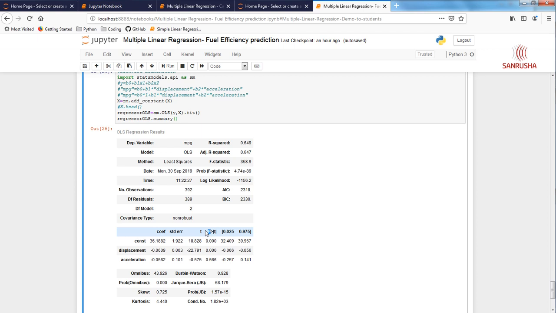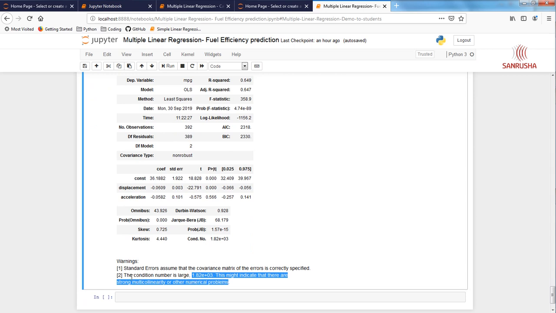If you want to understand what is p, what is null hypothesis, and how does p work, you can go through that. But for now, understand that for any of the features, this one here, P greater than t, should not be more than 0.05. If it is more than 0.05, which is the case here for acceleration, you should get rid of that feature. And over here, look at the warning.